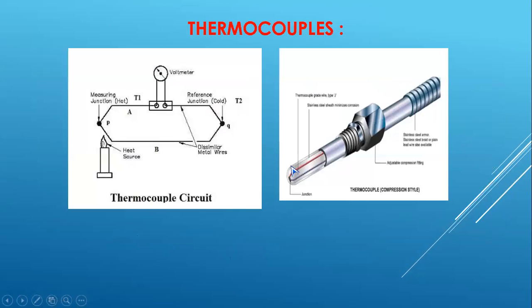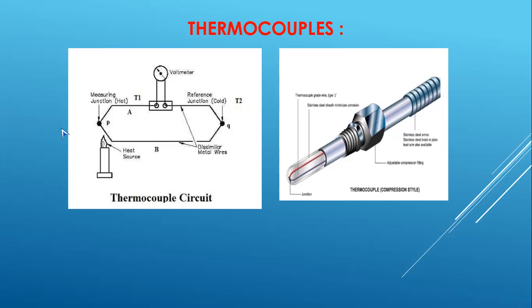Next, come to the thermocouples. Say if you join two metals, for example silver and copper, at the end of the joint, one is a hot joint and the other is a cold joint. Usually the cold joint is kept in a bowl of ice cubes, which acts as the cold junction. There you have a temperature of -5 or -6 degrees centigrade. Here the measuring junction has a temperature of 200 degrees centigrade.